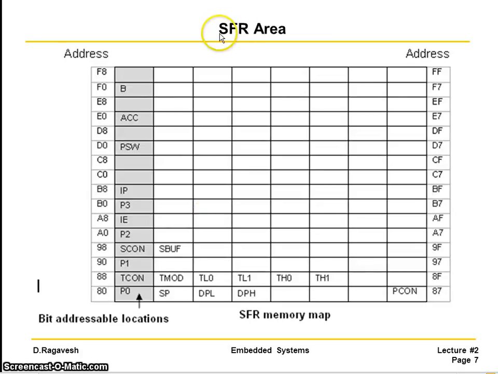And you can see this is the memory location of the SFR, special function registers, and you can see 80 is reserved for port 0. Why am I always saying 80? I can't pronounce this as eighty because it's a hexadecimal number. So 80 is reserved for P0, P0 stands for port 0, and 90 is for port 1, and then port 2 and port 3.